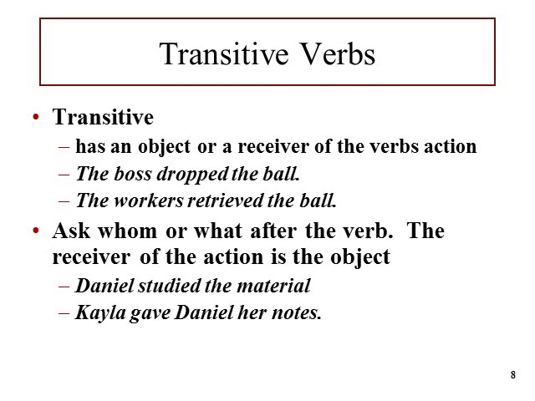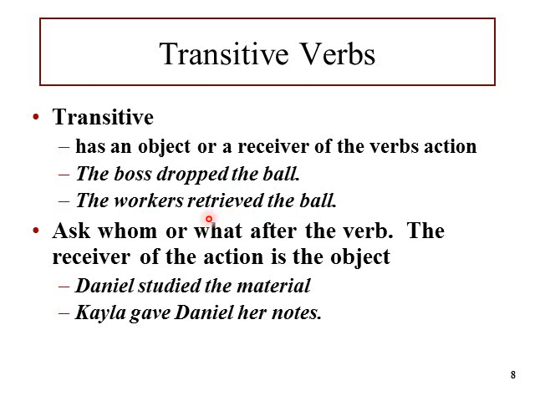You need to understand the difference between what we call transitive and intransitive verbs. A transitive verb is something that will receive the action. It has an object, such as the boss dropped. Dropped what? The ball. This is a transitive verb. It's action, of course, but there's something that's receiving that action, the ball. If you need to see that, take a ball and drop it, and you can see that that ball is receiving the action.